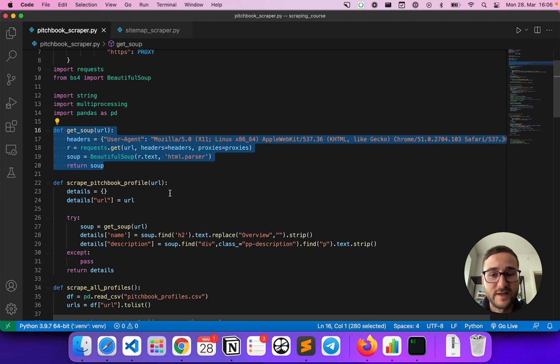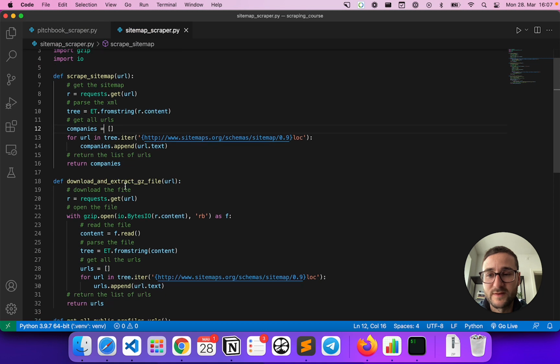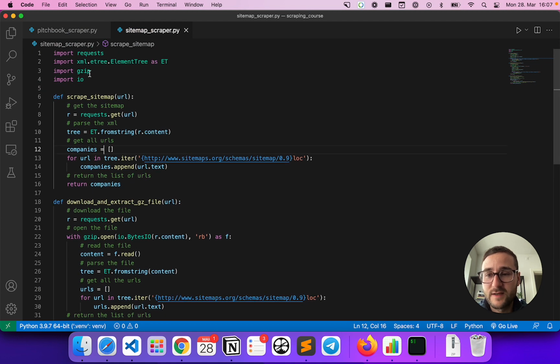You really just need to write this once, and then you define your own little scraping package that you can just load always. It's the same with the sitemap function, and you can see here there is an XML package,